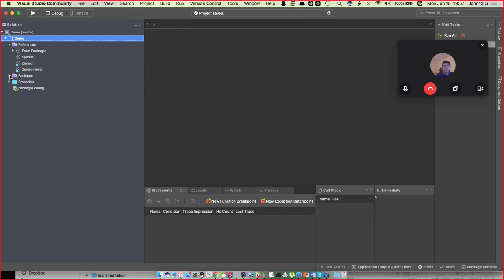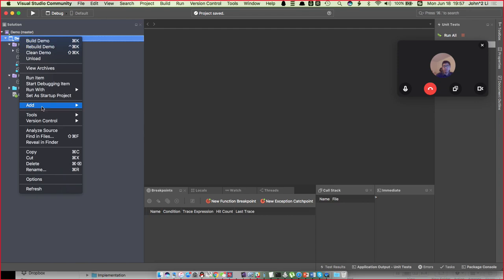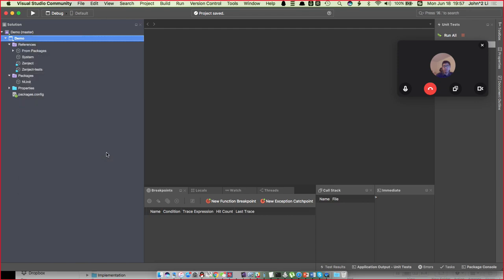Okay, so for the Mac people, you should have those three packages. You should have the Zenject, the test, and the NUnit. If you have all three, we are ready to go. So add a new folder called unit